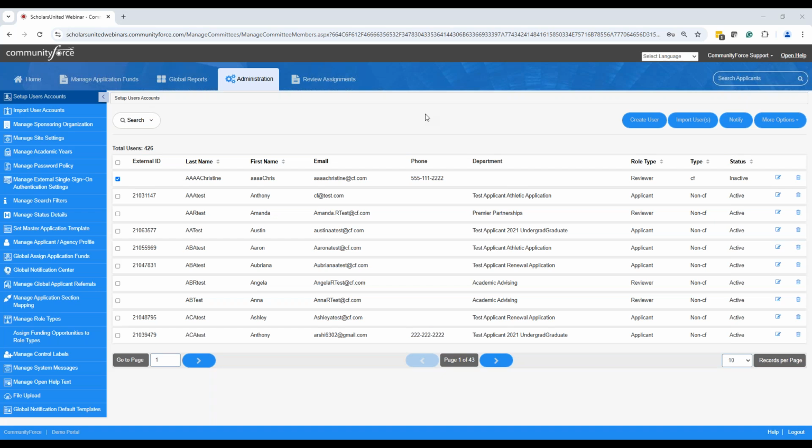You can look at them under administration, setup, user screen, filter them out as applicants, and then send them an email. This is not scheduling emails, although you're just sending them out as an announcement that, hey, first name, last name, we are going to open